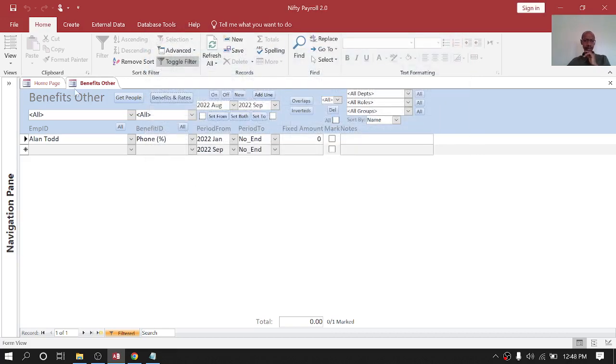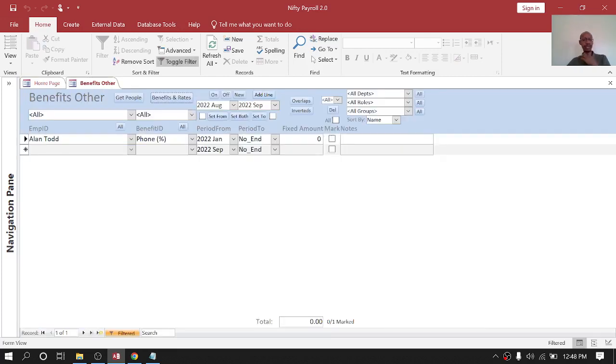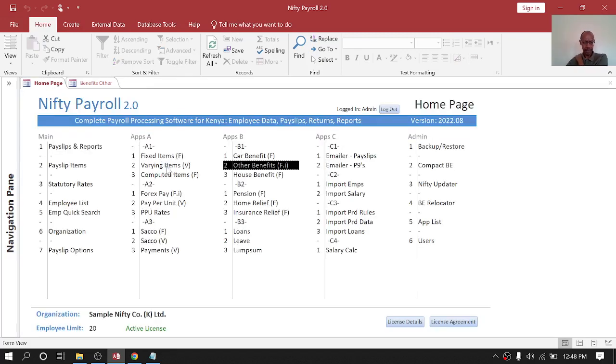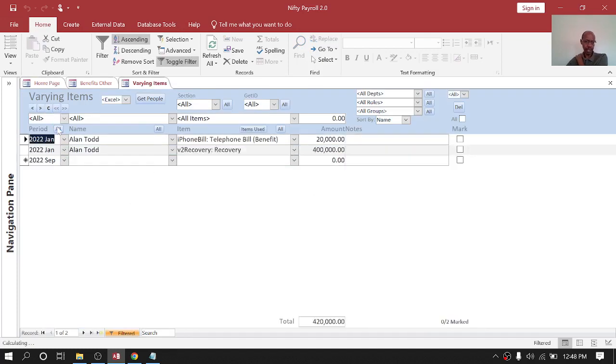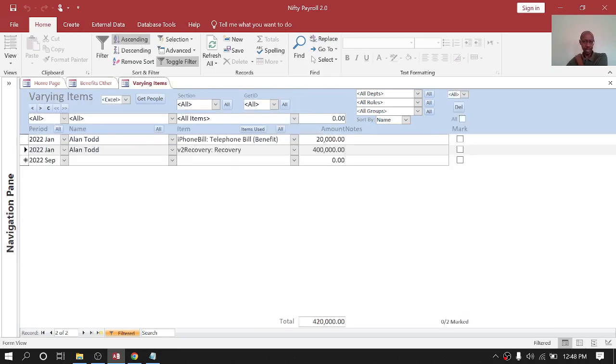Now this one, the reason why you see I means that if you have an amount that is different for the month that you're processing, you can put the variable amount as an entry in I. Let's say you can do it here. Like here you can see this is a benefit and it's an I. It appears in the information. So in this case we are saying the phone bill, now this is tied to this, which is why you have 0, right? The phone bill is 20k in the month of January, and then you'll see how that translates